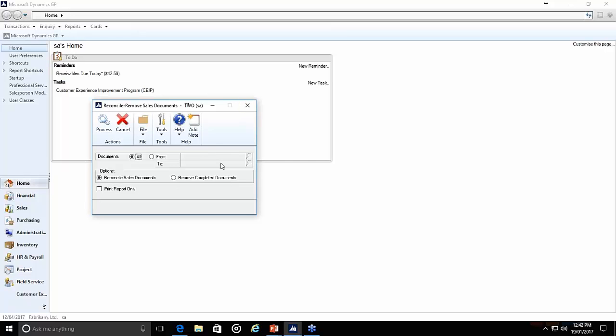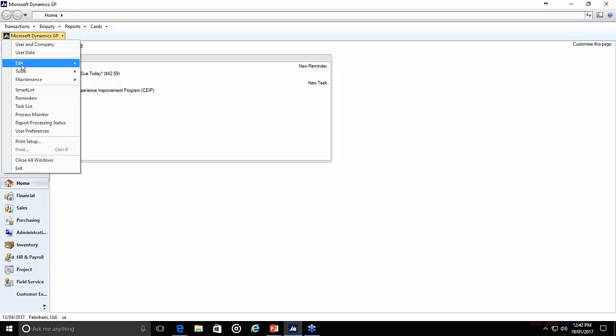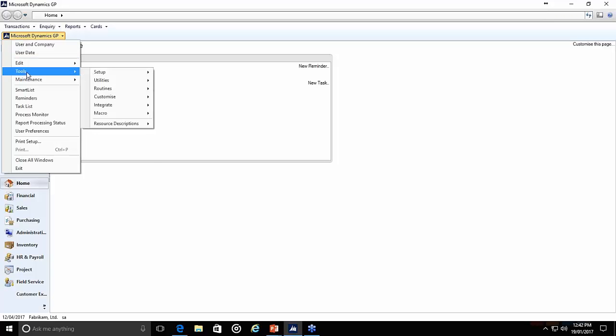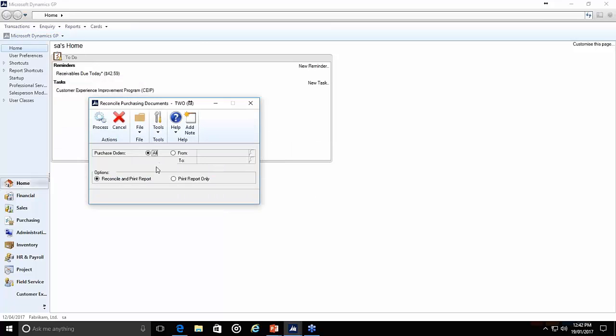So you also have the option to remove completed documents, but this is not part of the year end. We just need to reconcile the sales documents. If you want to have a look at the result of that reconcile, you can select the print report only option prior to doing the actual reconcile. So from sales, you go to purchase order processing under Tools, Utilities, Purchasing, and then use the second option, the reconcile purchasing documents. So you do the same thing,